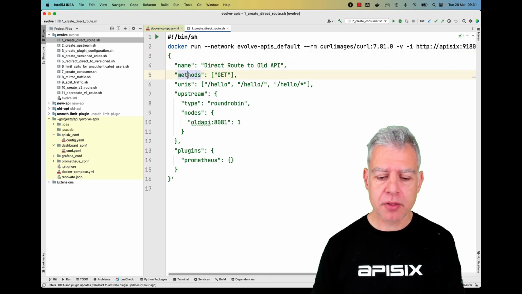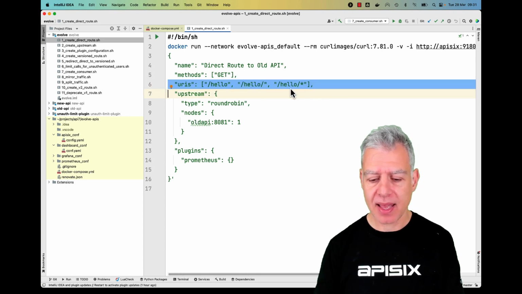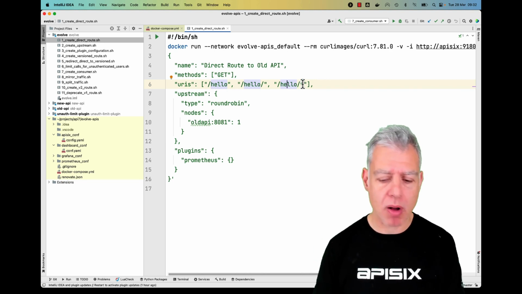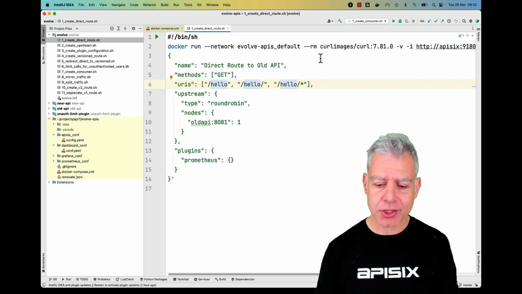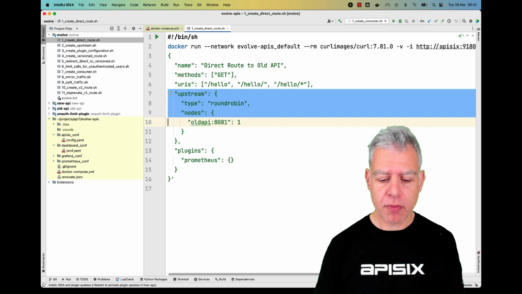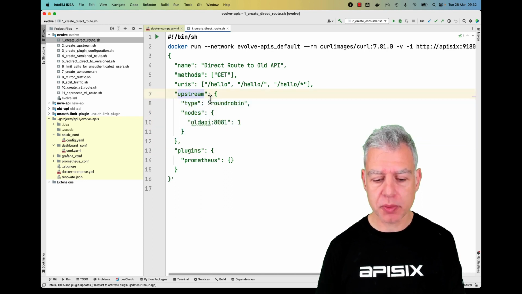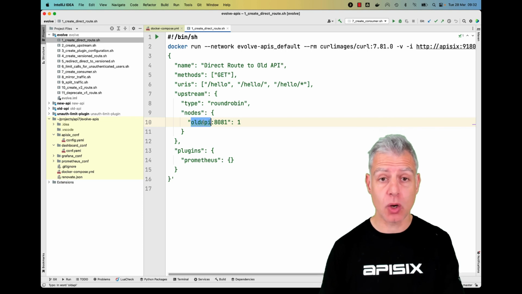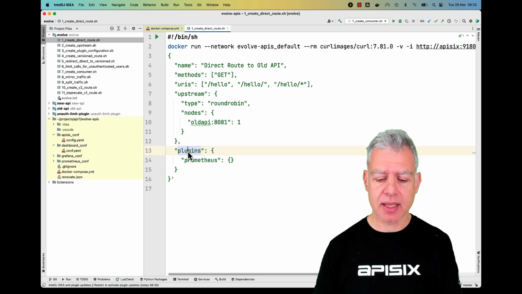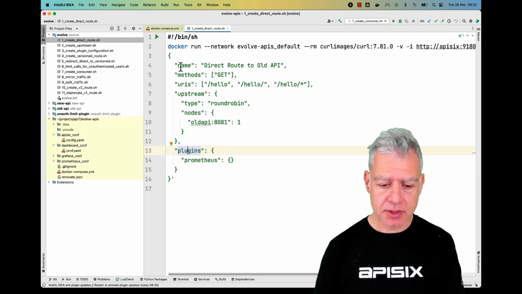This route will be invoked if it matches this method and any of those paths. So if I send a GET request with hello or hello whatever, then it will match this route, and the gateway will forward the call to this upstream, which at the moment is the old API. And because I want everything to be monitored, I add a dedicated plugin. So if I run it,